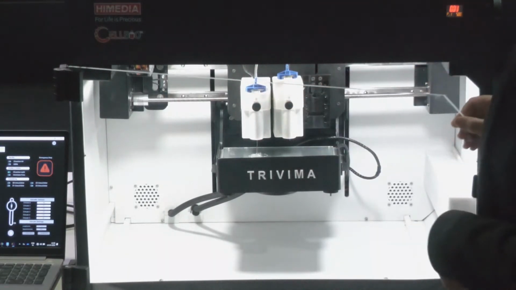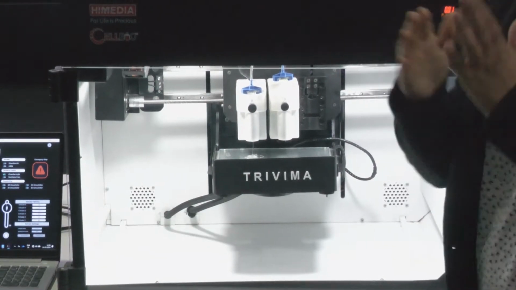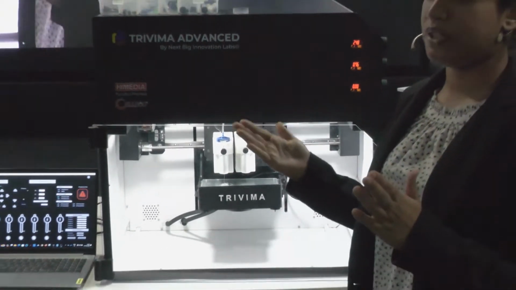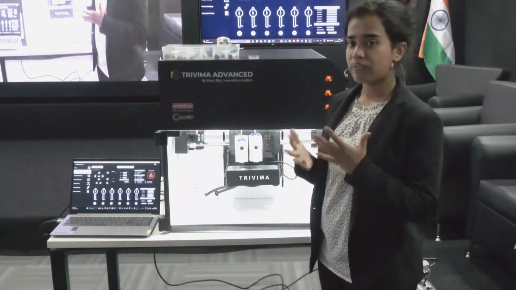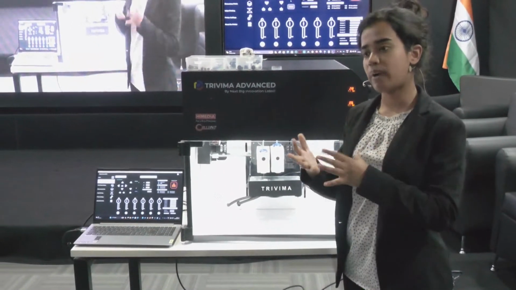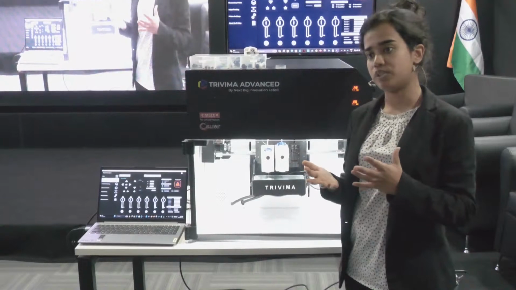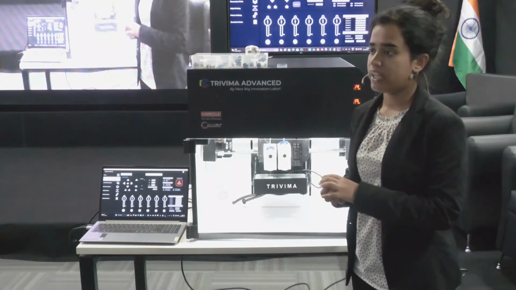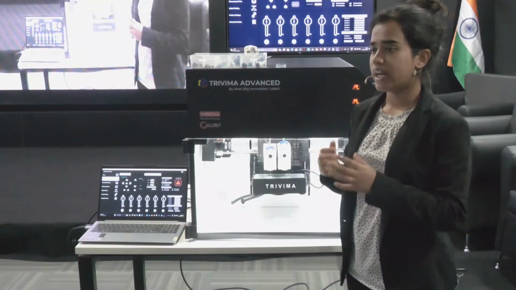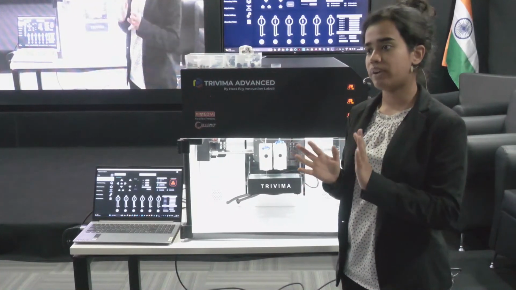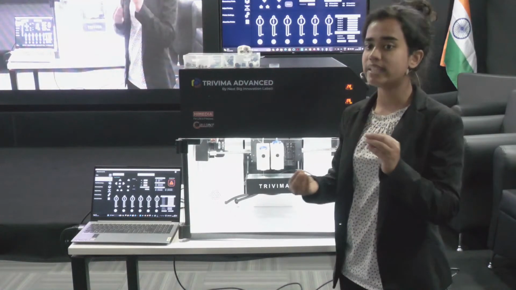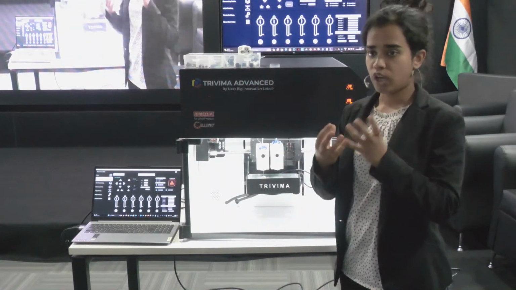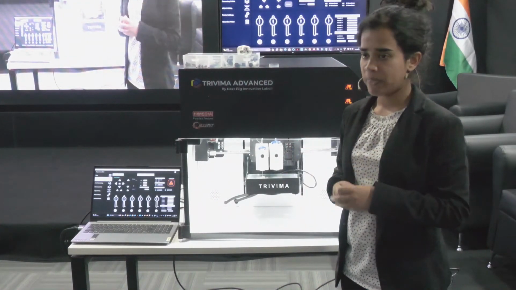Now coming to these extruder heads over here, these are dual mode temperature controlled. That means you would be able to operate it from 8 degrees up to 60 degrees Celsius. The reason behind having a temperature control is that different bioinks operate at different temperatures. For example, if you're using a biomaterial containing alginate, that would need around say 30 to 35 degrees Celsius for it to flow easily through the needle to form a specific structure. Whereas